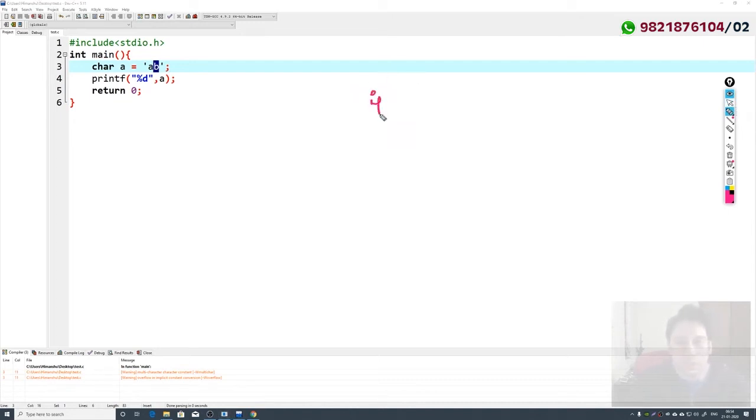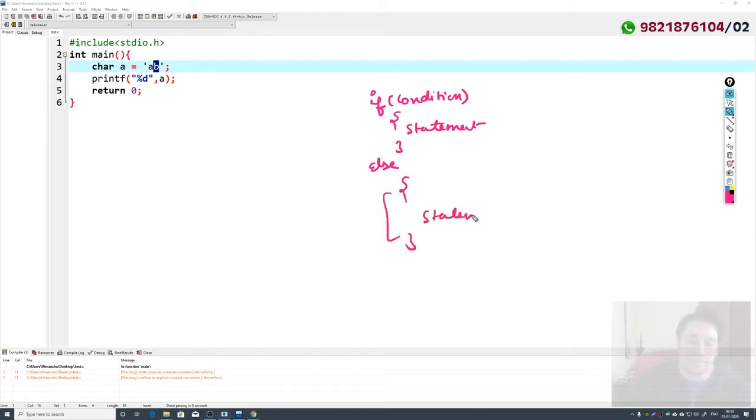Now I told you something called if else conditions. So what we do is, if some condition, I can write statements here, and else I can write statements here. ठीक है. So this condition is true whenever we have a number. This condition is false whenever we have 0 or null, and it is true otherwise.